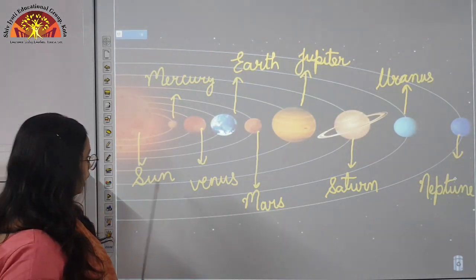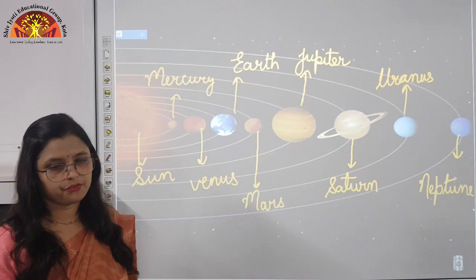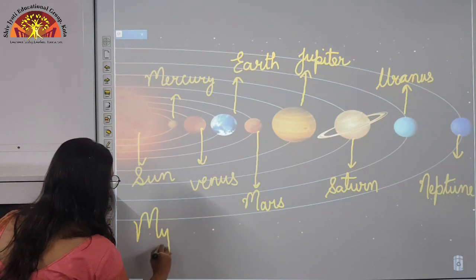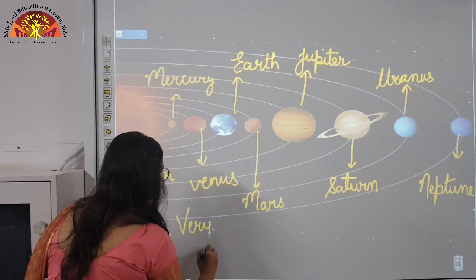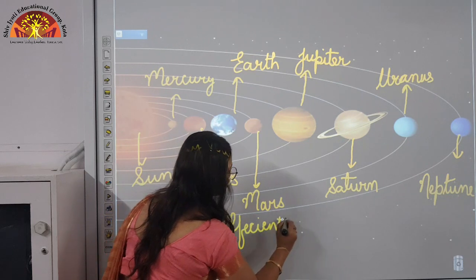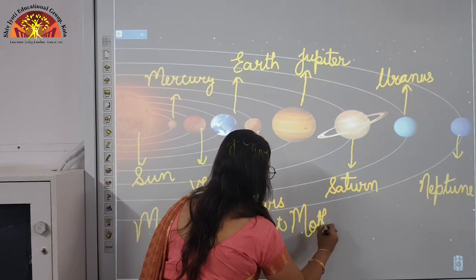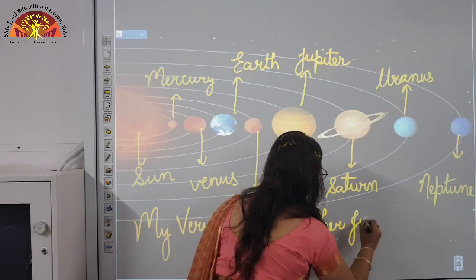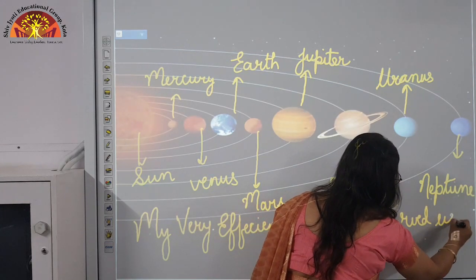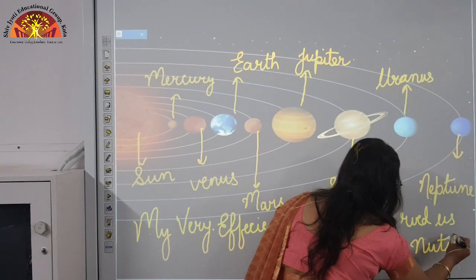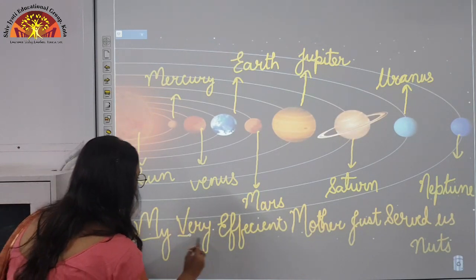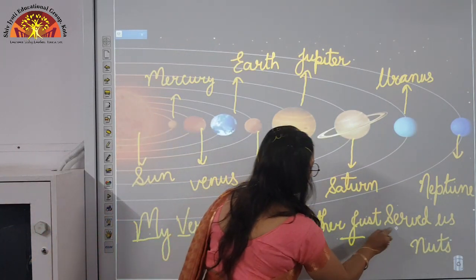Now, children, to learn these names in this order, there is a phrase which you can learn. This phrase is: My Very Efficient Mother Just Served Us Nuts. Now, see, if we see the initials of all these words like M, V, E, M, J, S, U